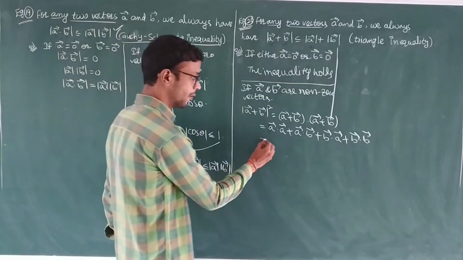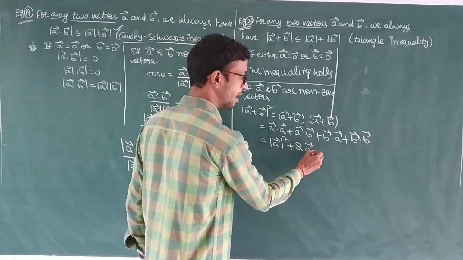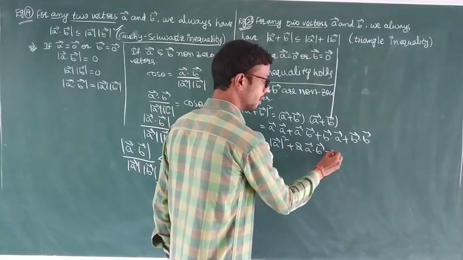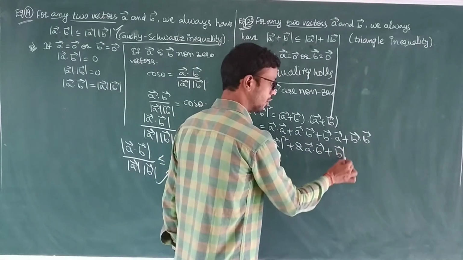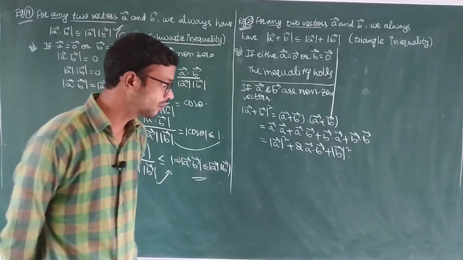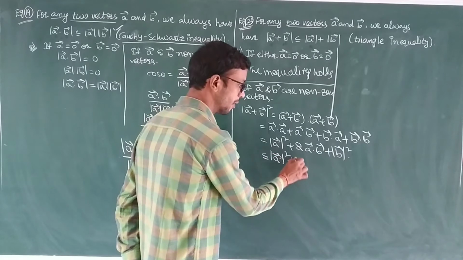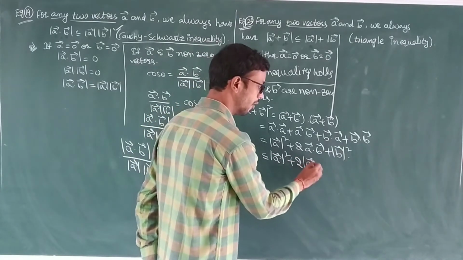So now magnitude of A bar square plus 2 into A bar dot B bar plus magnitude of B bar square. Now I use here less than or equal to magnitude of A bar square plus 2 into mod of